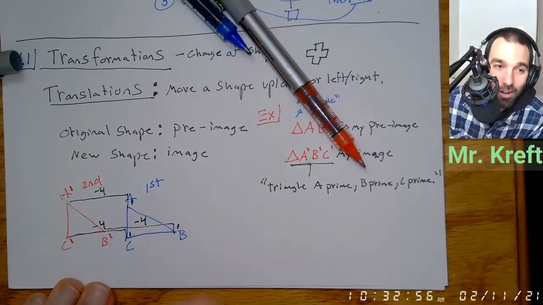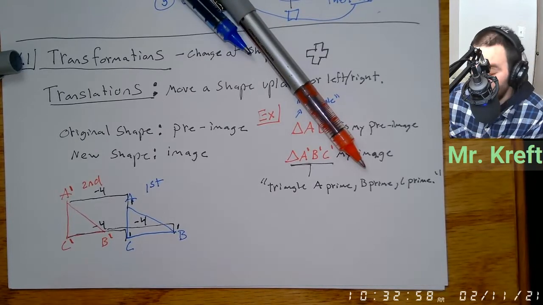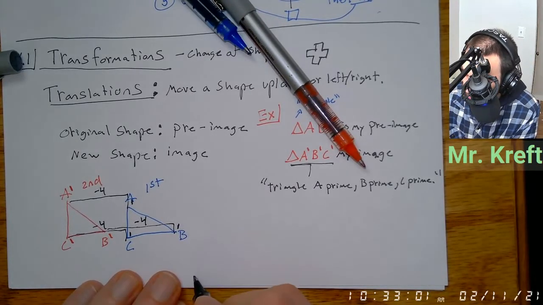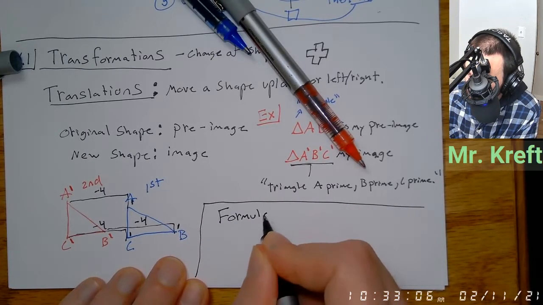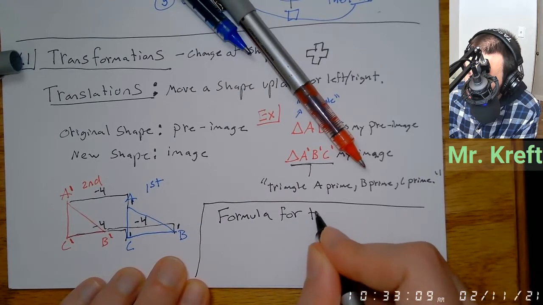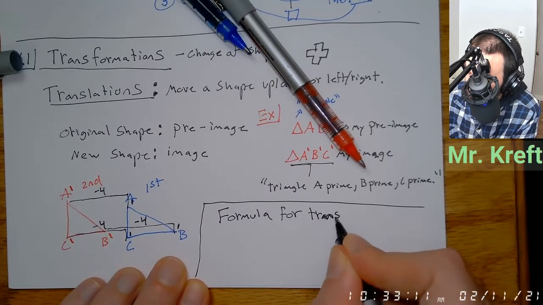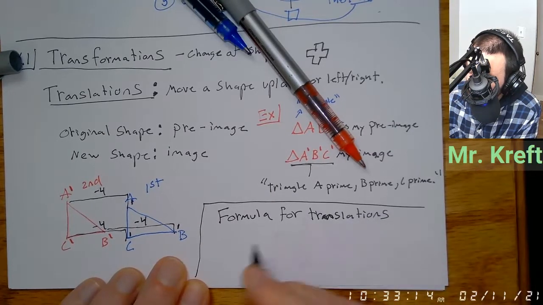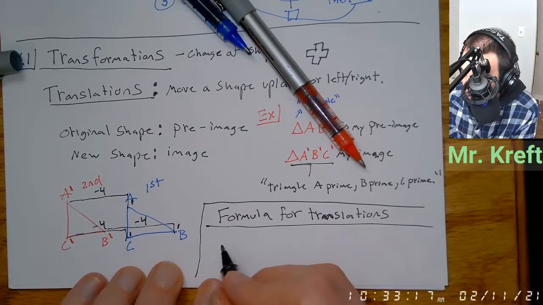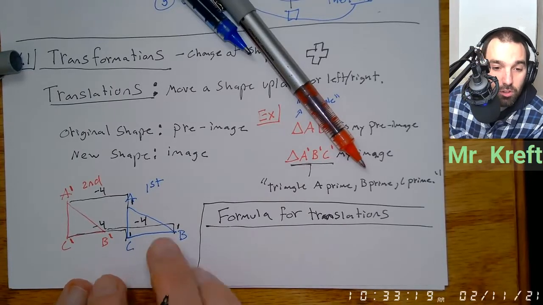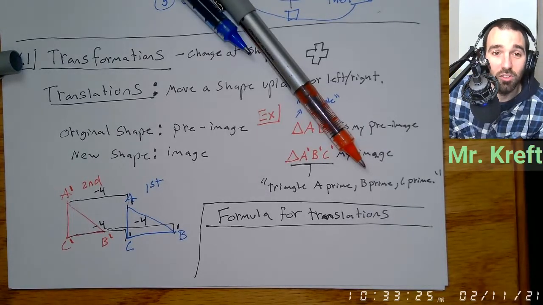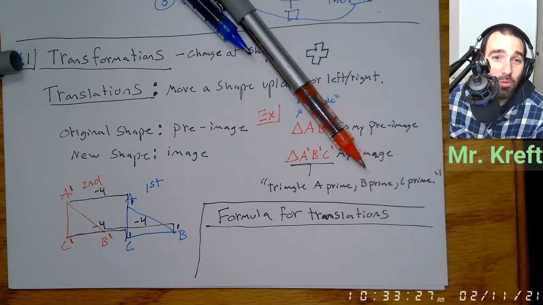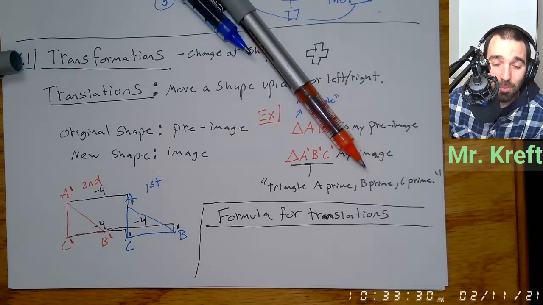Now, this is too messy. It's hard to see. It takes too long. So what we have is a formula. We have a formula for translations. Notice how when we shift something, it will always connect. So what we're talking about with translations is you take a shape and you move it up, left, right, or not down. So can you imagine if you moved a shape and then they didn't fix up, would it be